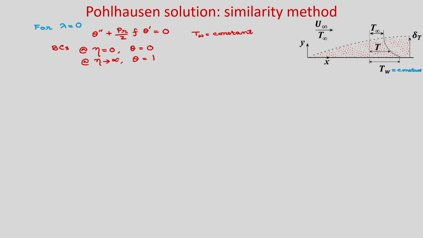So, now you can integrate this equation. So, you can write theta double prime by theta prime is equal to minus half Prandtl number into f. So, what is theta double prime? You can write d of d eta, right, d of d eta of theta prime divided by theta prime is equal to minus half Prandtl number into f. So, integrating the above equation,